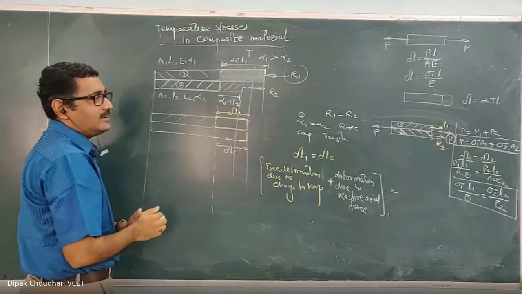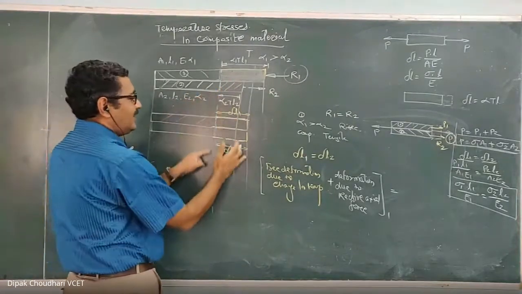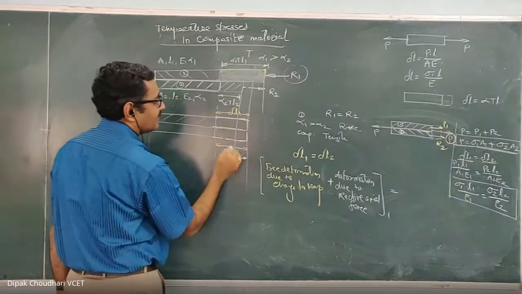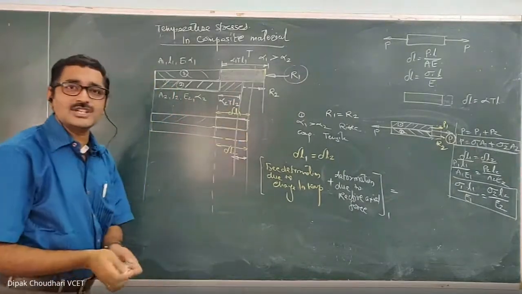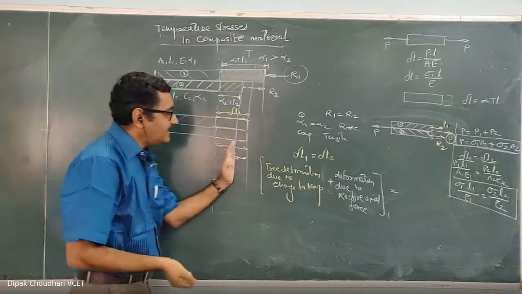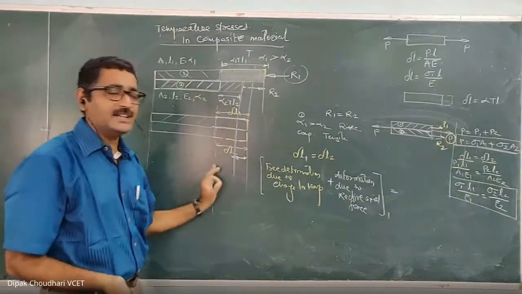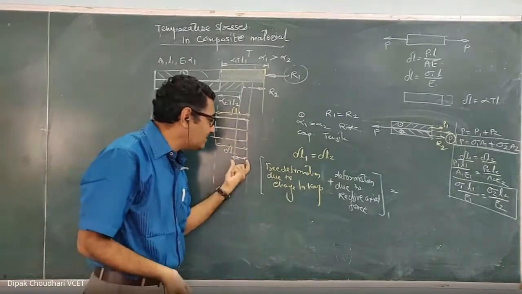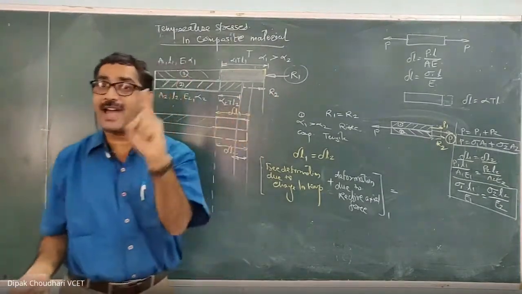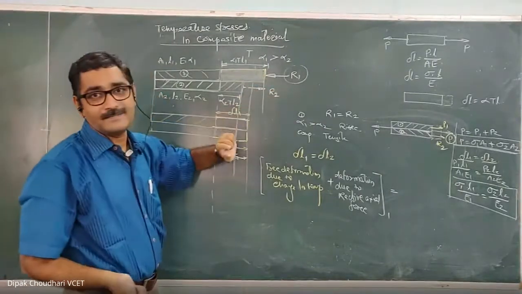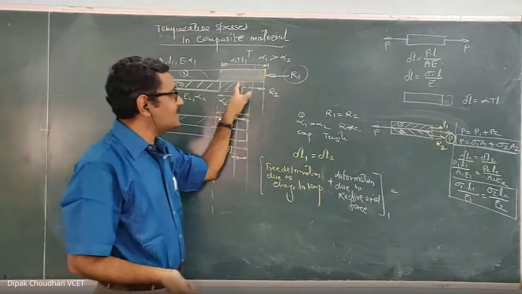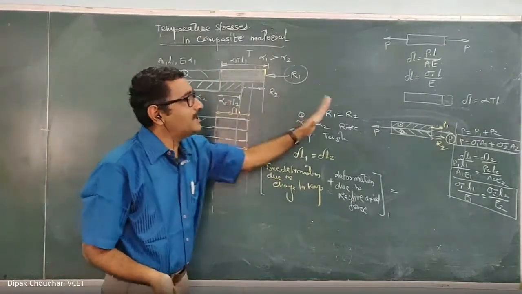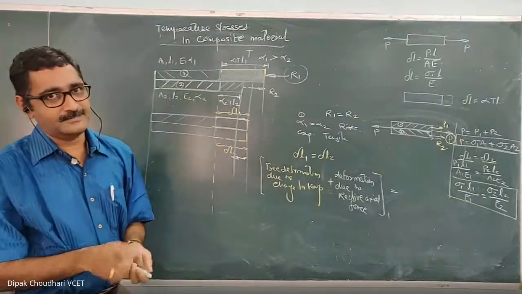अगर वो individually elongate होता था तो इतना elongate हो सकता था, लेकिन उसका final elongation इससे ज्यादा हो रहा है. ये final elongation से ज्यादा क्यों हो रहा है? Why is this final elongation more than this? The reason is that this is the deformation because of this reactive axial force which is tensile in nature. Since this reactive force is tensile in nature, its final deformation is greater than the free deformation of that material.